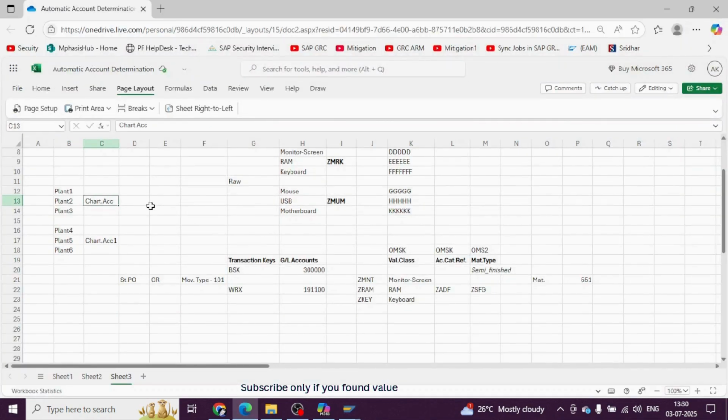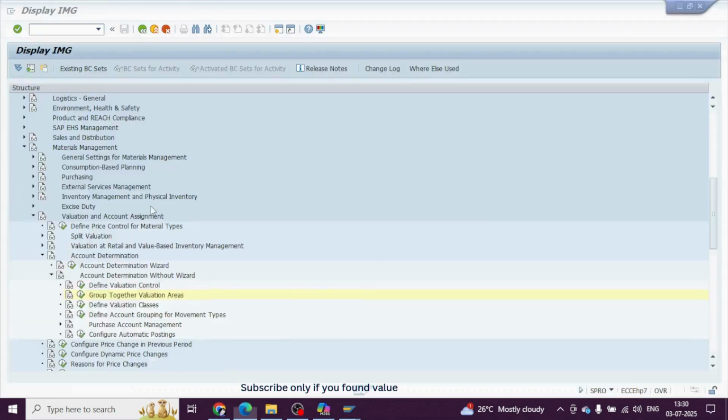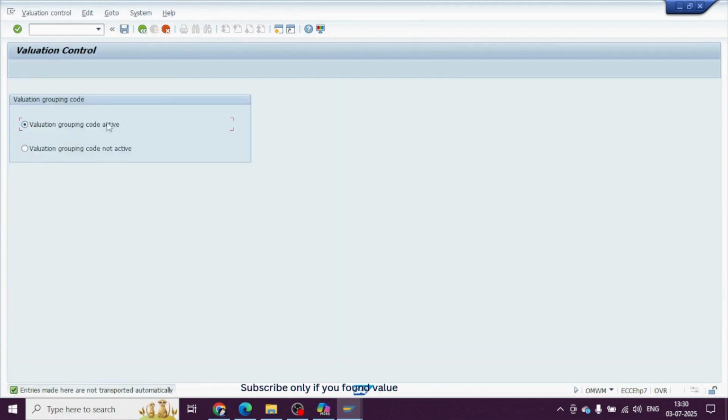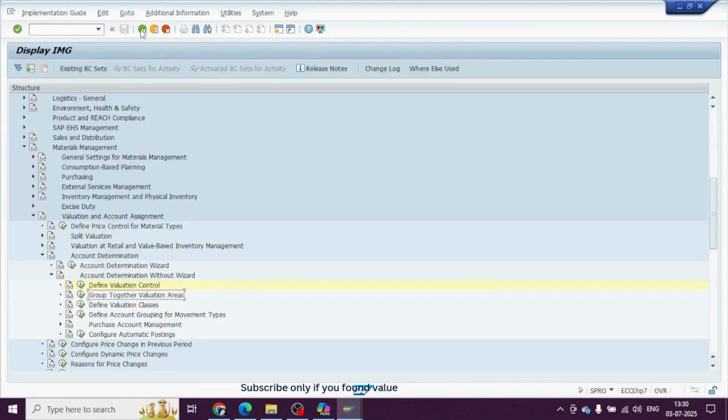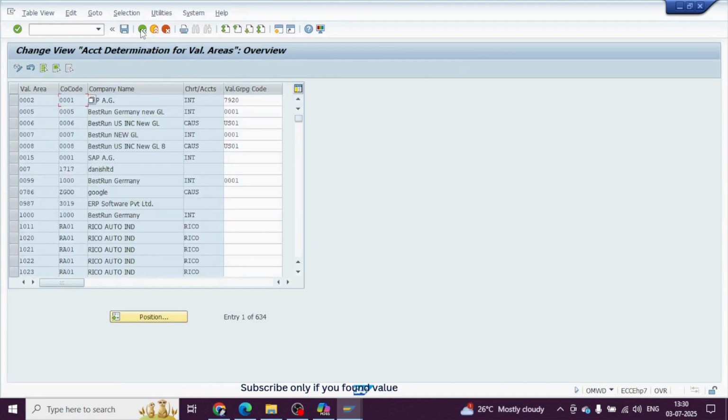Chart of accounts is nothing but a list of GL accounts, right? So it's impossible to have a separate GL account for every plant. That's the reason SAP recommends activating this valuation grouping, then grouping your plants and assigning your valuation grouping